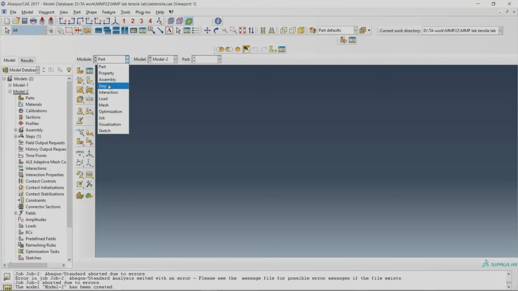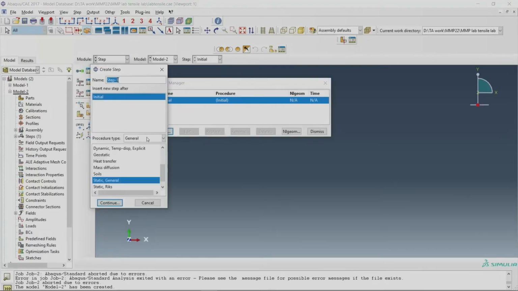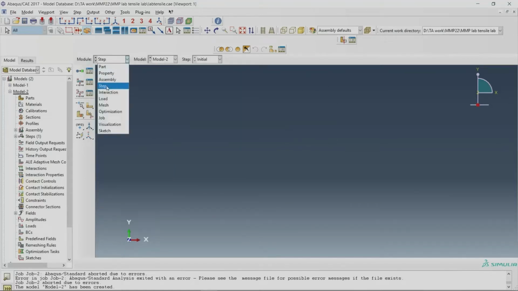Step is the most important. Step is actually related to the finite element method. I will explain a little bit, but you are going to use only Abaqus static general. I will come to that later. Then there is interaction. If there are things in contact, we are not going to use any kind of contact, so leave it. Then there is load.